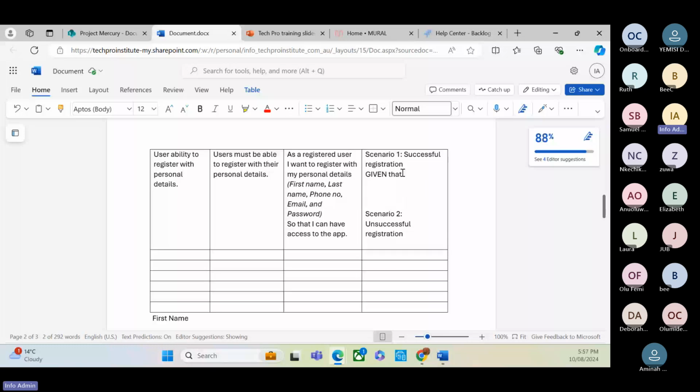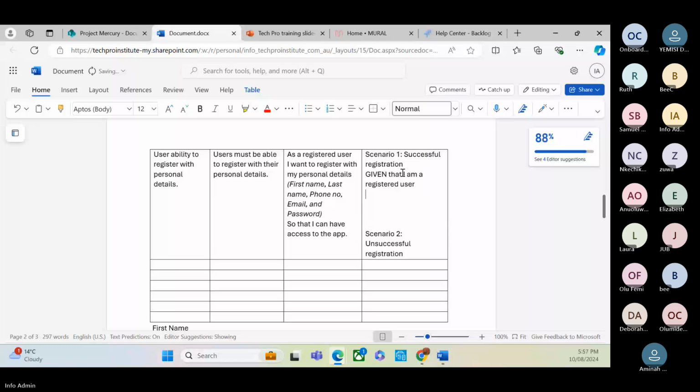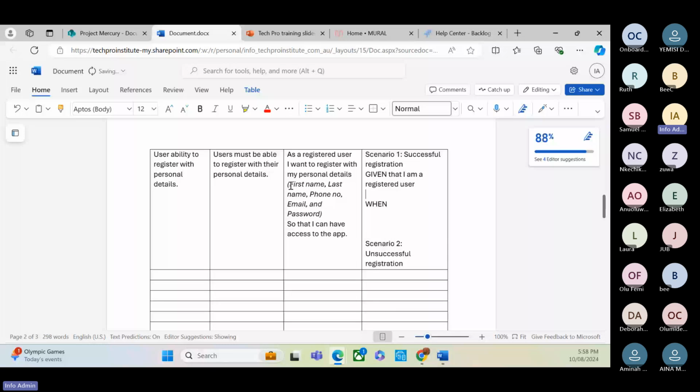Given that I am a registered user, when, you now write that, okay, you are a registered user. What do you want to do here? When I enter my personal details,